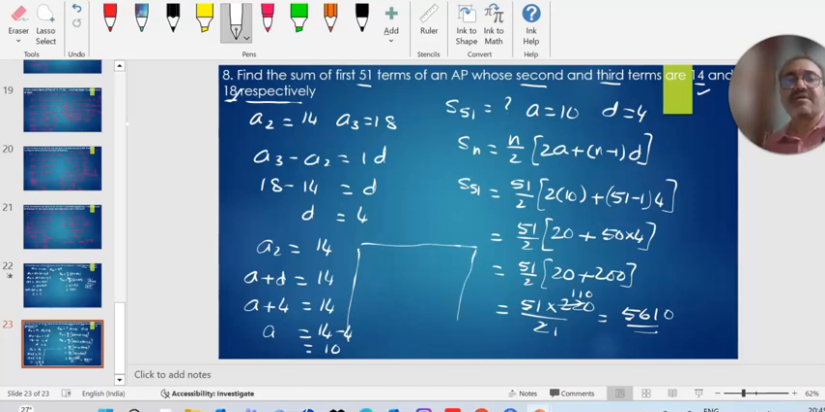అలాగే దీన్ని ఇదివరకు ఇలా చేయలేము అనే వాళ్ళు యాజ్ యూజువల్గా A + D తీసుకొని, A3 A + 2D తీసుకొని ఆ రెండు సాల్వ్ చేసి కూడా మనం Dని ఫైండ్ అవుట్ చేయొచ్చు. ఓకే,